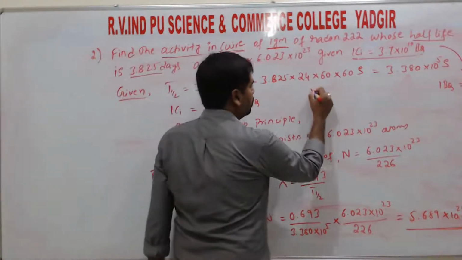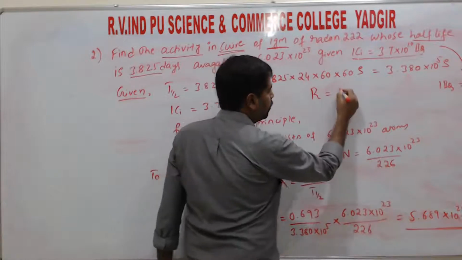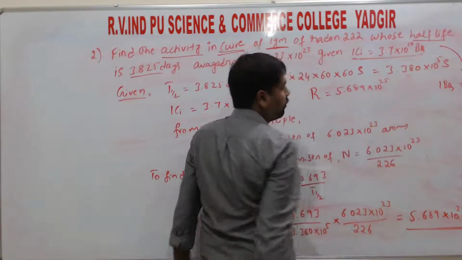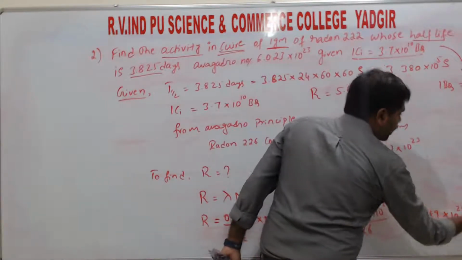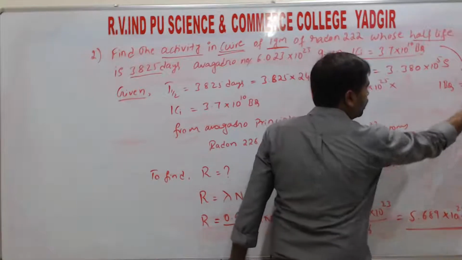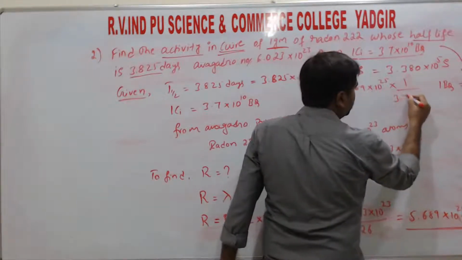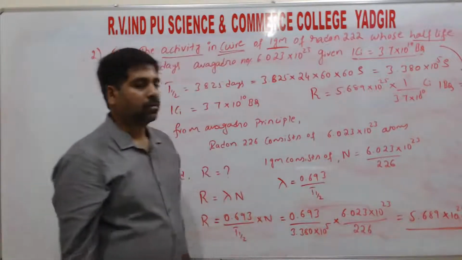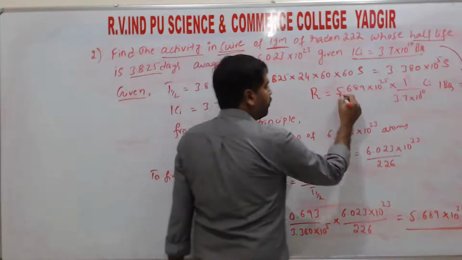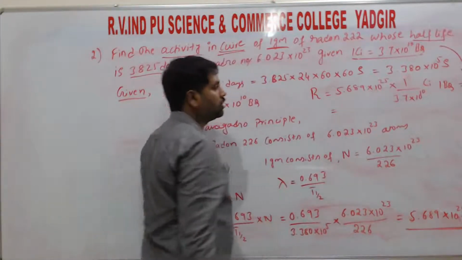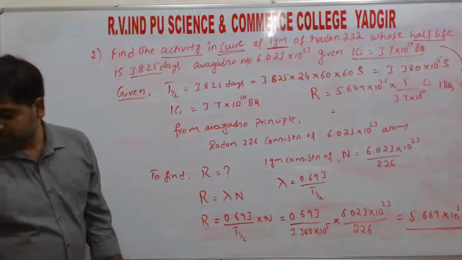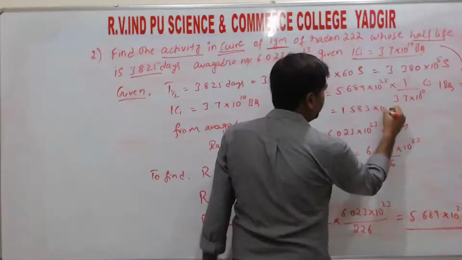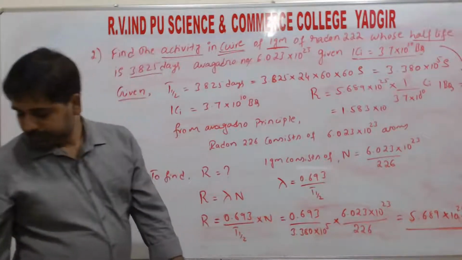So here I will write the R value is 5.689 into 10 to the power of 25. In place of this becquerel unit, we have the value for converting from becquerel to curie, that is 1 divided by 3.7 into 10 to the power of 10 curie, right? So now if we divide 5.689 divided by 3.7, then we get the value 1.583 into 10 to the power of